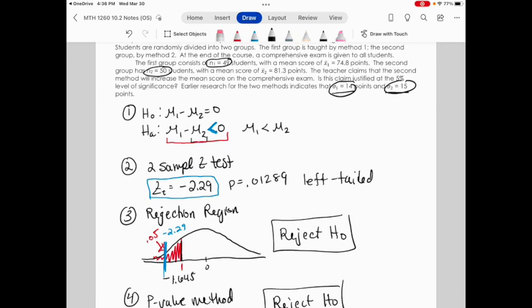So overall, the steps for the hypothesis testing has not changed. It's just the way we set up the problem in the beginning, and we're